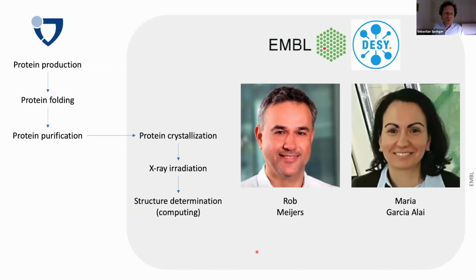So then we went on with a different set of collaborators in the meantime to also make a crystal structure of these proteins. We can do crystal structures at the DESY, the German electron synchrotron in Hamburg. There is a so-called outstation of the European Molecular Biology Laboratory, and the two leaders of this outstation, Rob Myers and Maria Garcia. And a lot of that work was done at Jacobs, and then the rest of the work, the crystallization of the proteins, the X-ray irradiation, and the determination of the structure, was done by these two people